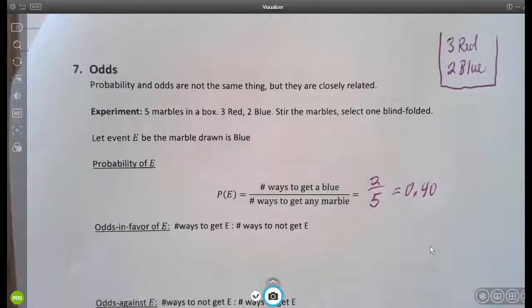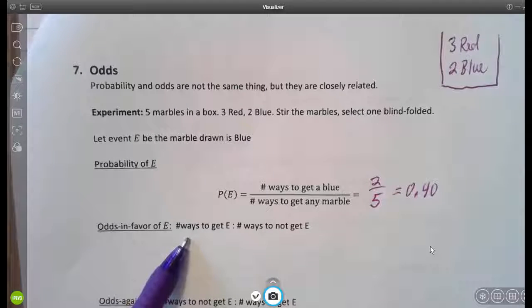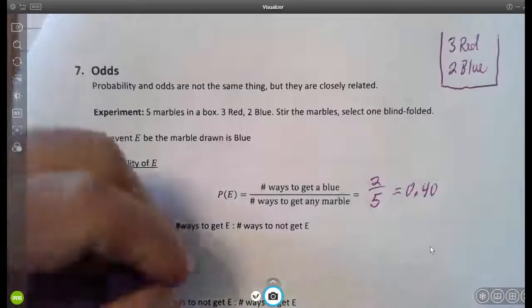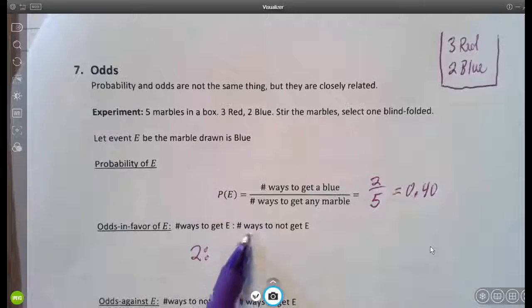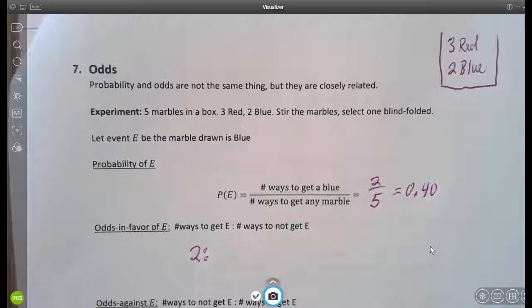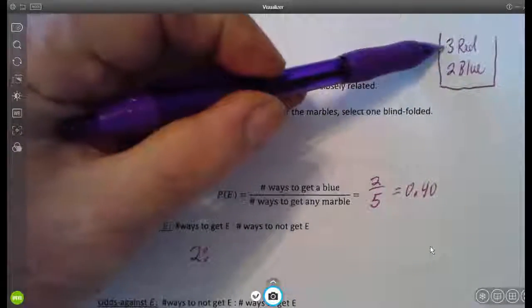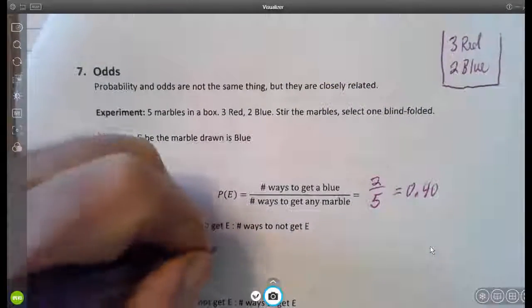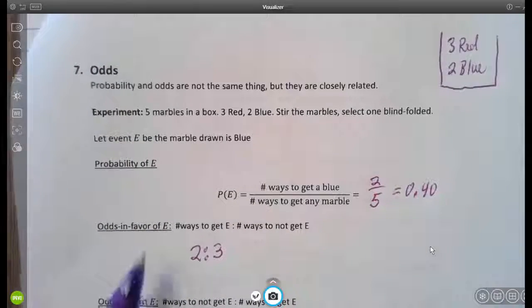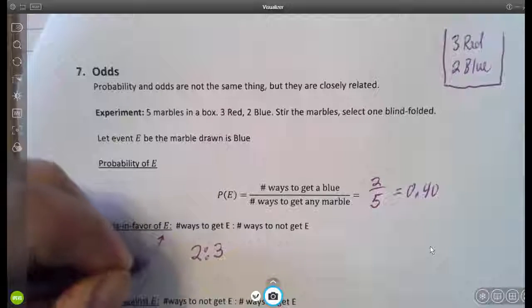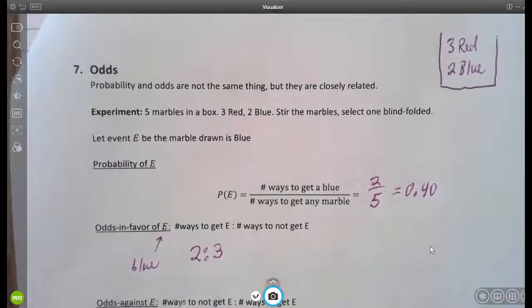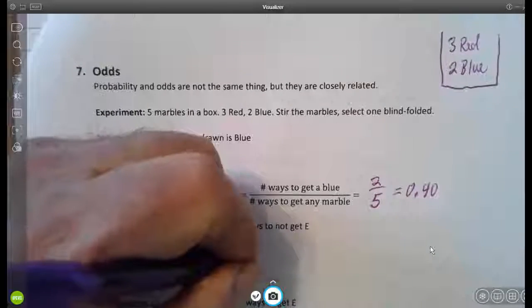Now the odds in favor can be computed this way. It's the number of ways to get the event. So there's 2 ways of getting a blue marble. Write a colon and then write the number of ways for the complement of the event. Well, if you don't get a blue one, you get a red one in this case. So there's 3 ways to do that. So we'd say the odds in favor of blue, that's what the event E is, the odds in favor of blue are 2 to 3,